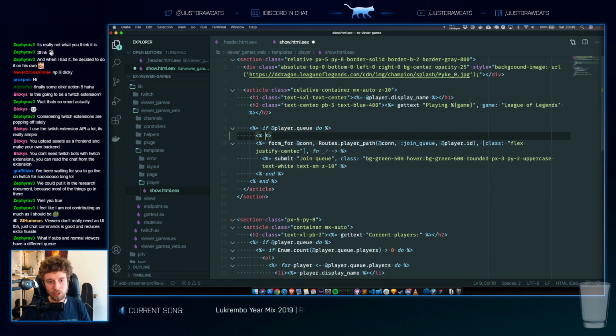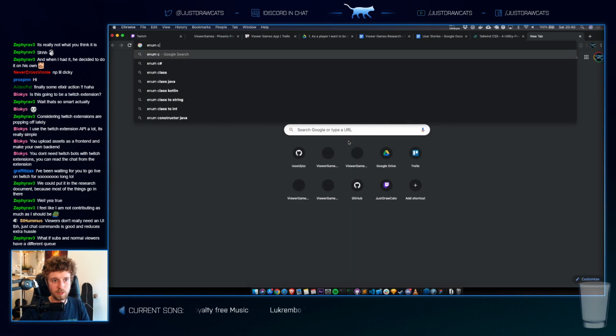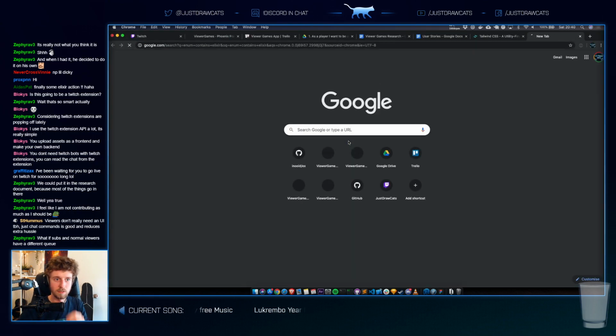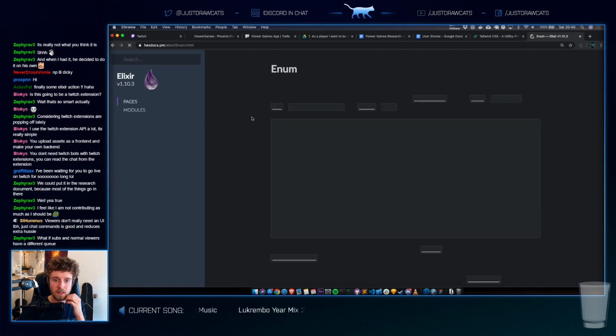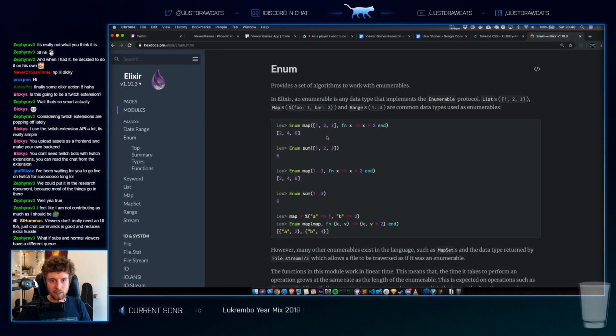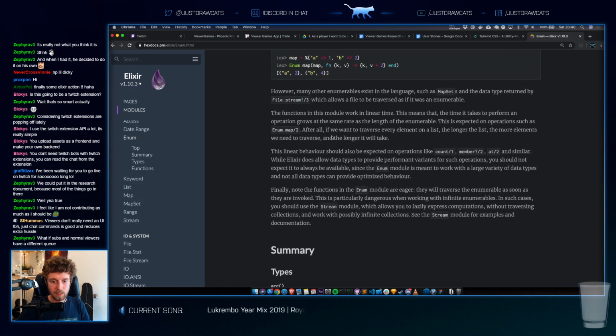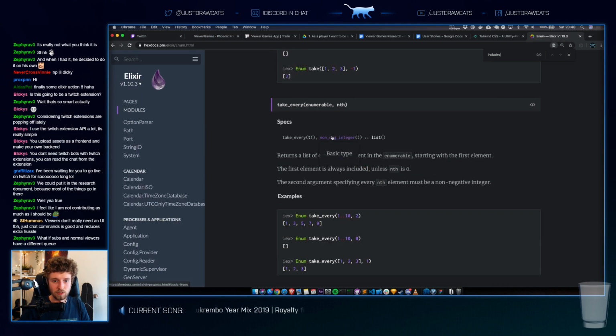We only need to show the join queue if the player queue players enum contains... or map contains. No. Contains. Includes.